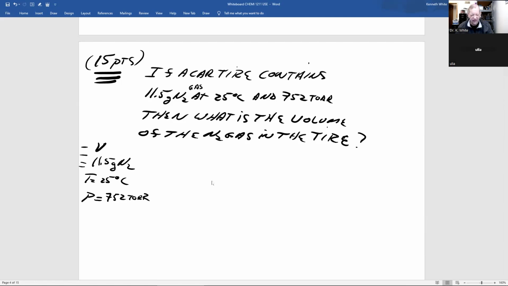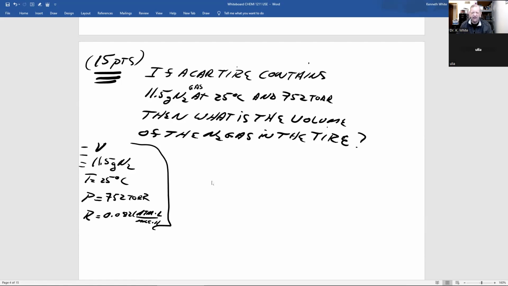And one other thing you'll be given, from important information, test number 3, is the universal gas law constant, 0.821 atmospheres liter per mole Kelvin. Well, if you look right here,